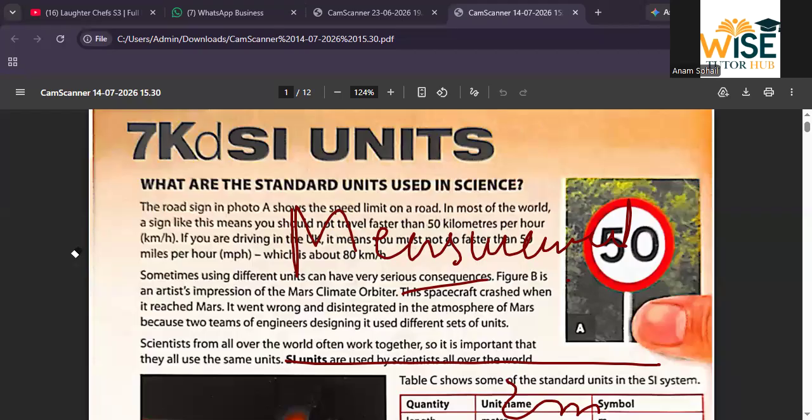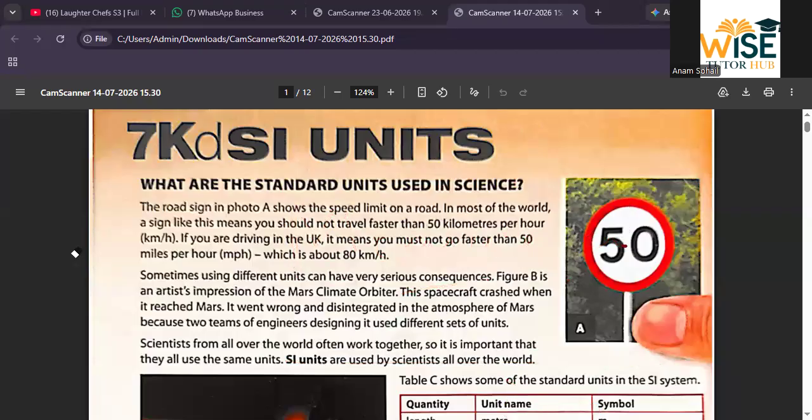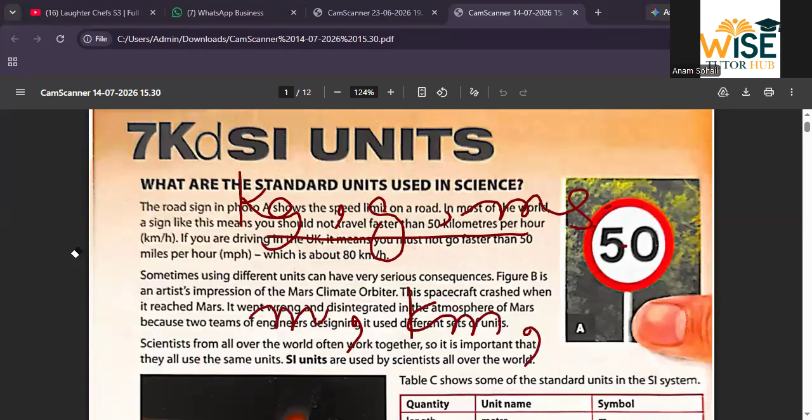For example, in order to measure mass, we will use the unit kg, grams, milligrams. In order to measure length, we will use units, for example, meters, kilometers, millimeters, centimeters, and so on. There are so many units. Okay. Now the question is,